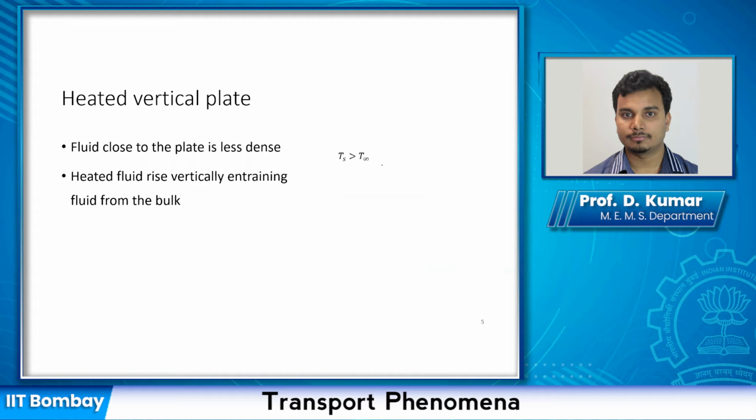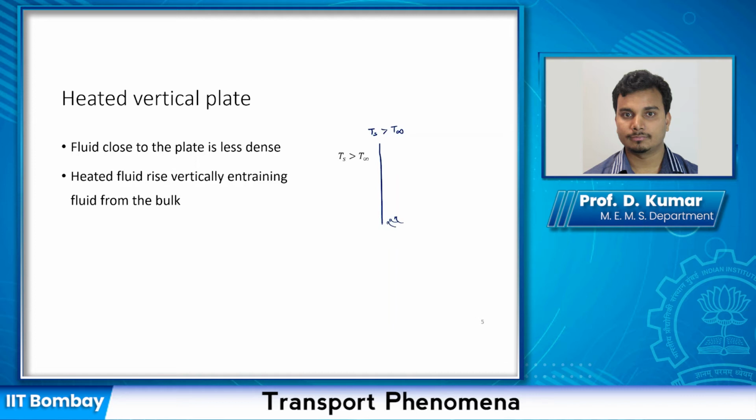In this case, what will happen? Let us see. You have this plate, which is at Ts temperature, which is greater than T infinity. So what will happen is, the fluid close to this surface will heat up. Fluid close to this surface will heat up, and that's why your fluid will come, and then it will rise